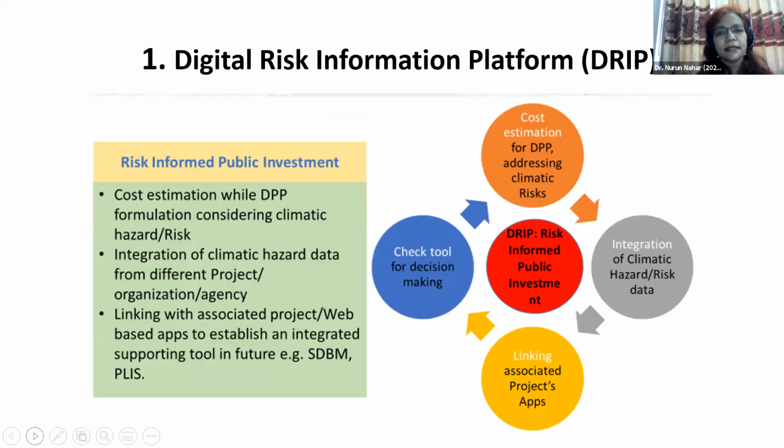First, I would like to show that we are producing a digital risk information platform. It is going to be a web-based platform where the planners can access and get the information on hazards and the risks. So risks of the various hazards, or the 10 hazards that I mentioned, are mentioned in our standing order of disasters. And there will be the risk scoring there. So whether it is high, medium, or low. And so what risks are there for the project.